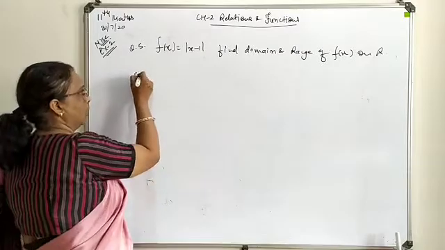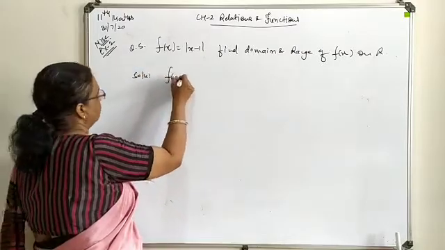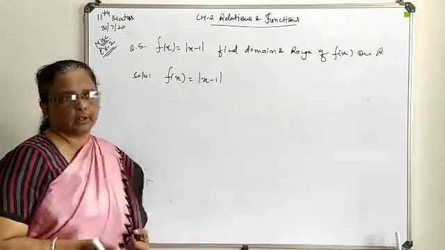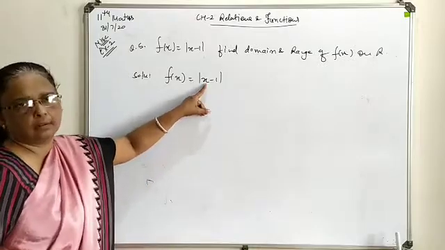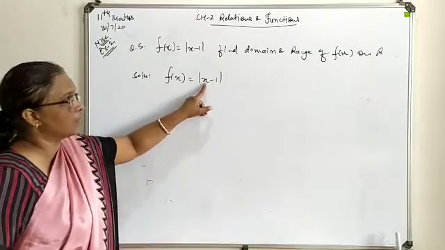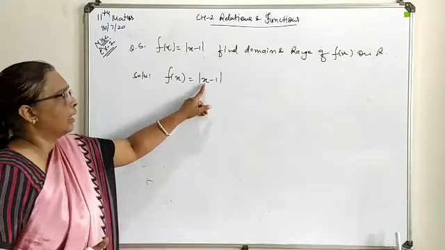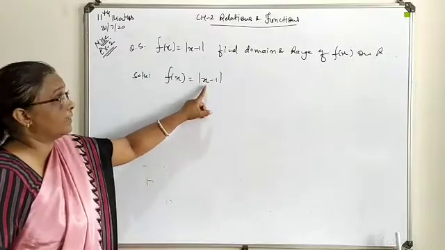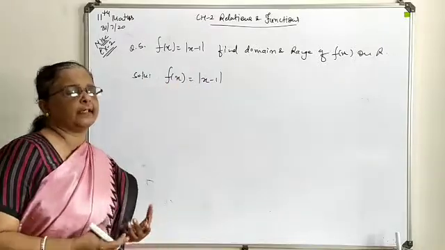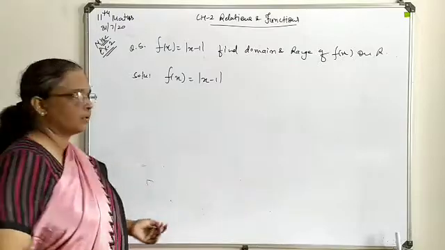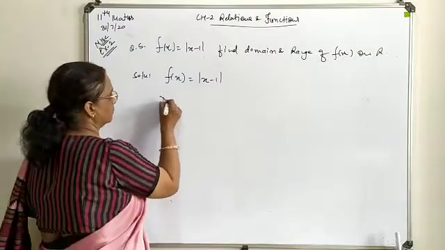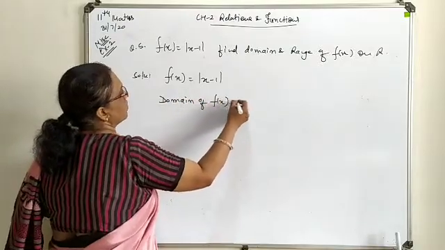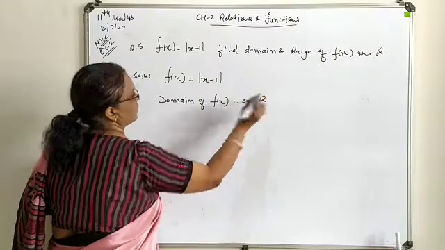Now first we will talk, obviously, about the domain. Here, as we have to talk on R, each value of x you can select from R, anything you can select. There is no restriction regarding the selection of a value of x. So as a domain, all the values of R, the set R as such, you can select for the solution. So here the domain of fx is the set R as such.